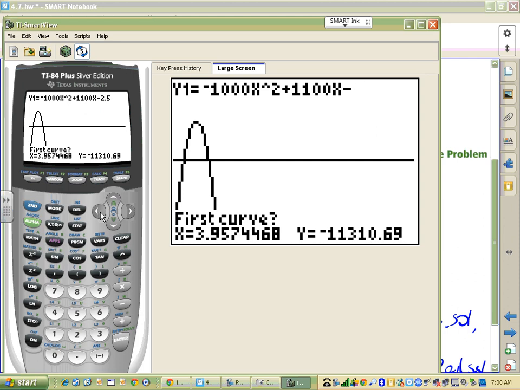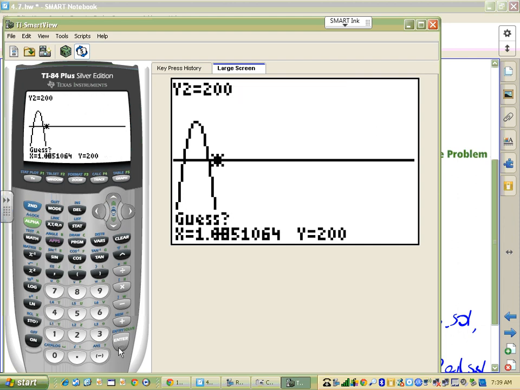I have no idea where my cursor is. Well, yeah, I do. It's at 4, negative 10,000. Now it's at 3, negative 7,000. So I want to bring my cursor into view so I can see where things are happening here. I'm pretty close here. Maybe 1 or 2 more clicks. There we go. I'm going to go ahead and press enter twice. Actually, 3 times. So the highest price here would be